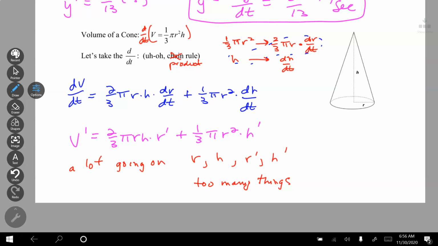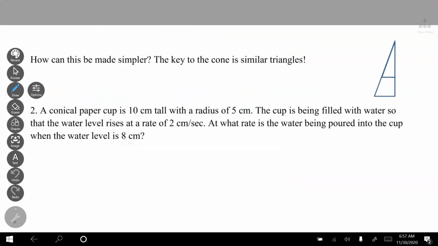So we're going to figure out a way to make things better for us. So how can I make things simpler? Well, here's my side profile. This is a side profile of a cone, kind of split in half. You know, you have the other half of it. This bottom side is the radius of the base circle, and this side here is the